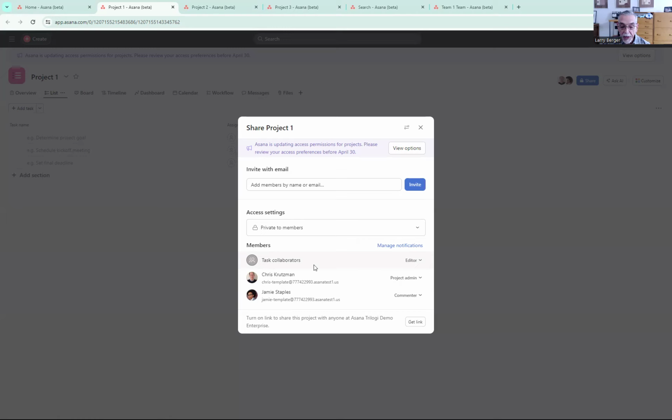So what can you do? There are two main ways to react to this. One is to actually resolve this yourself in one of several ways, which I'll get into. That's the only way to prevent something automatically happening, that elevated access, which is what Asana is going to do on April 30th for the affected projects and the affected people. You could either one, take some action, or two, do nothing and let Asana go ahead and resolve it automatically with that elevated access on April 30th.